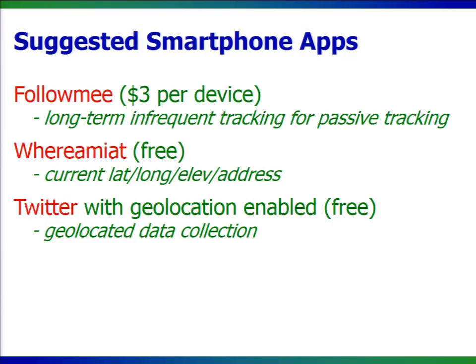Suggested apps for some of these, just some quick ones in case you want to do a community outreach. The simplest one I found for showing your actual latitude and longitude, available for iOS and Android, is the Where Am I At one. Twitter, of course, just have to turn on your location services. It's one of the options. It's not turned on by default, so you have to help the students turn that on so that when you send a tweet, it puts your latitude and longitude along with it.